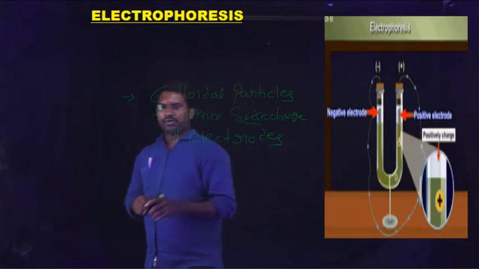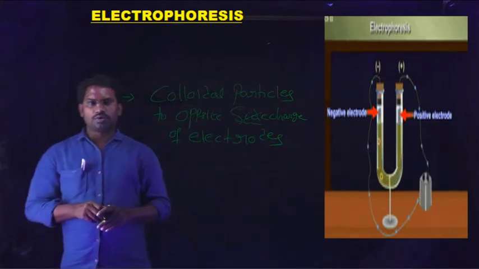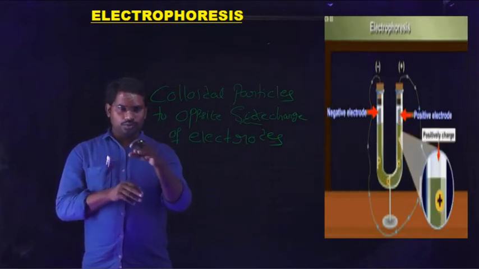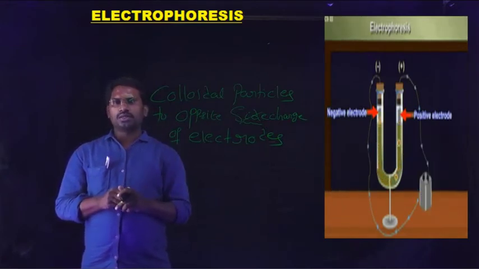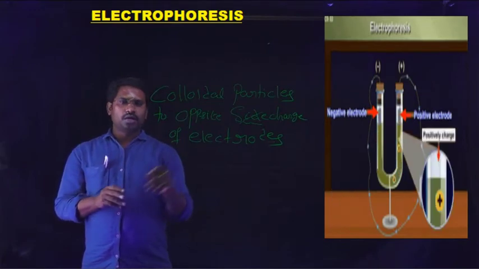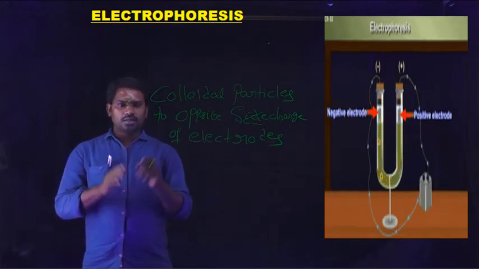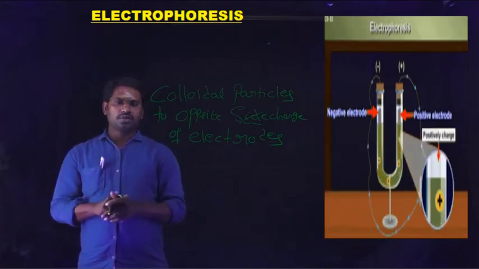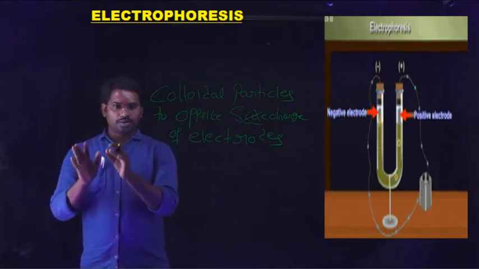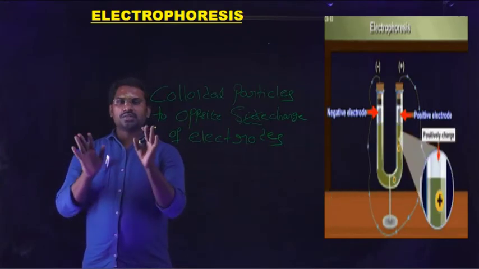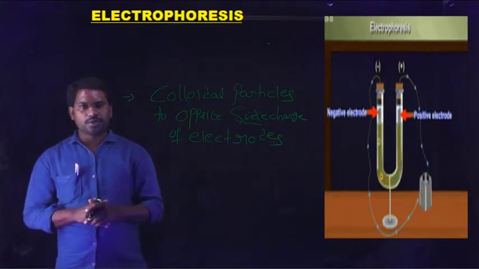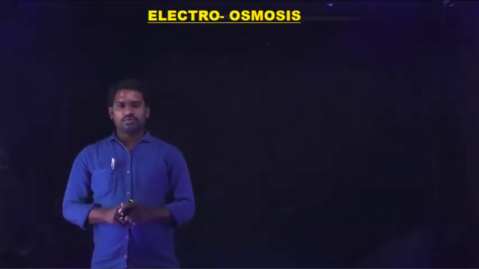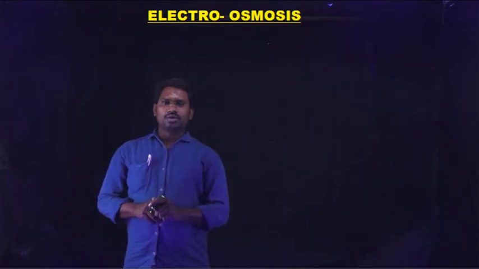Such an arrangement is known as the electrophoresis approach. The colloidal solution is taken in a U-shaped tube, two platinum electrodes are fixed at the two arms of the tube, and EMF is applied. The oppositely charged colloidal particles move to the electrodes of opposite charge. Finally, the movement of colloidal particles under the influence of EMF is simply known as electrophoresis. Another important property of colloidal solution is electroosmosis.